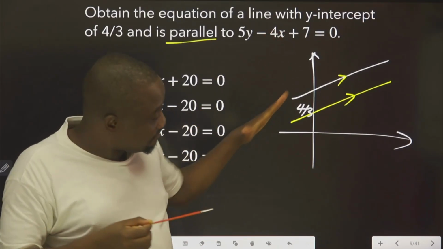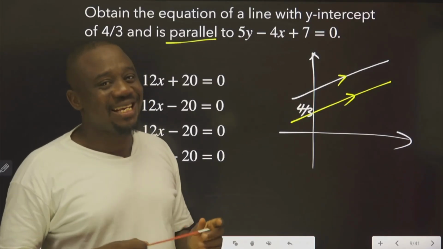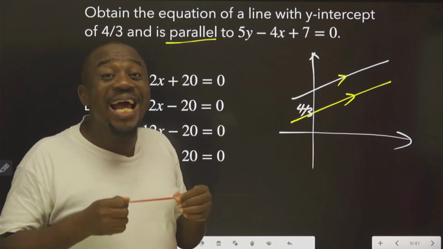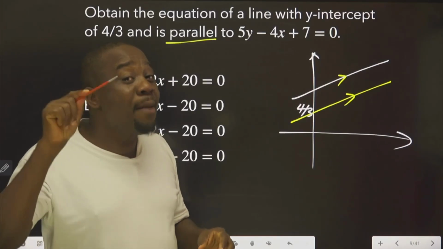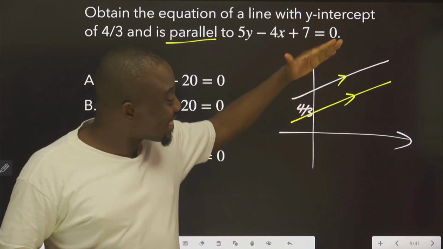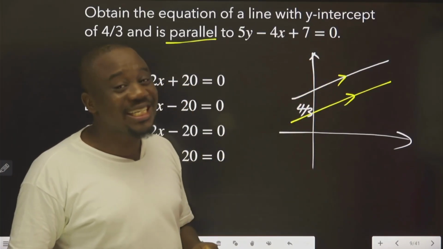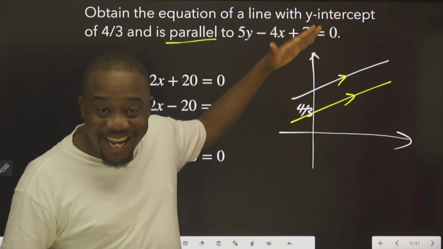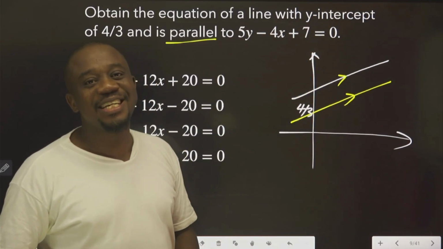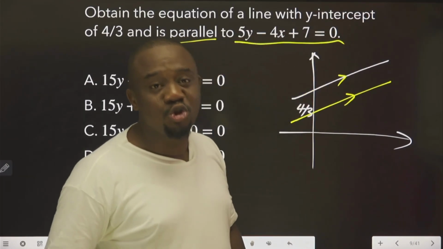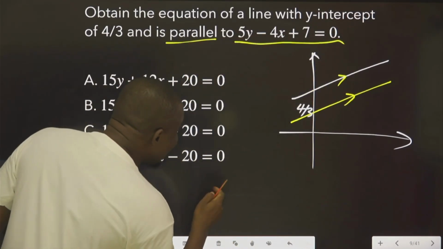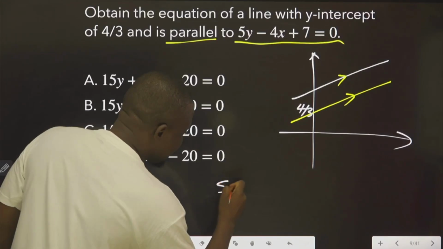They have the same slope. How do you get that slope? Once you are able to sort that out, the slope of this is equal to the slope of this. That is, the gradient of this is equal to the gradient of this. Therefore, go and find the gradient of this that is given to you. To find the gradient of this,